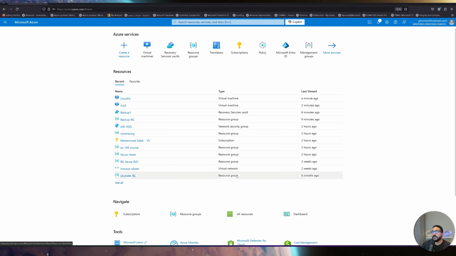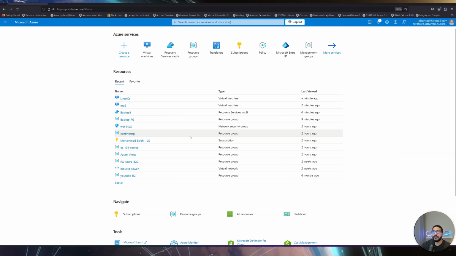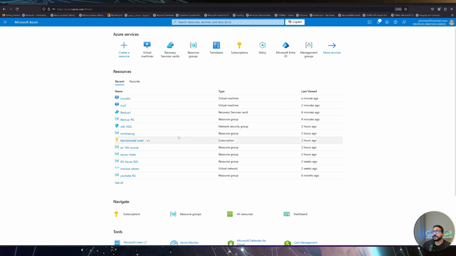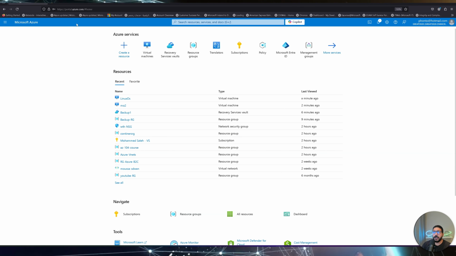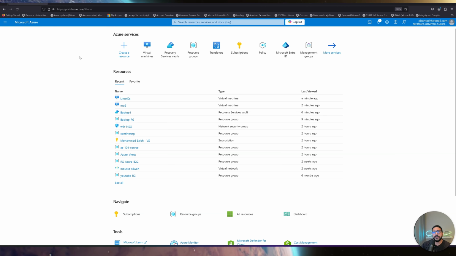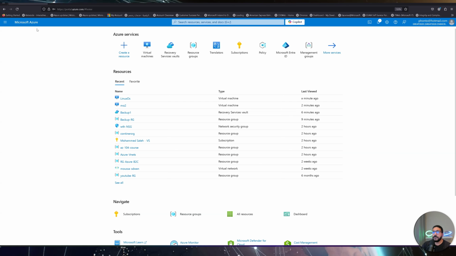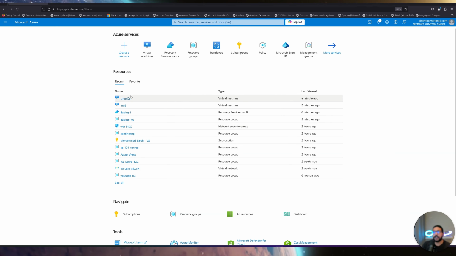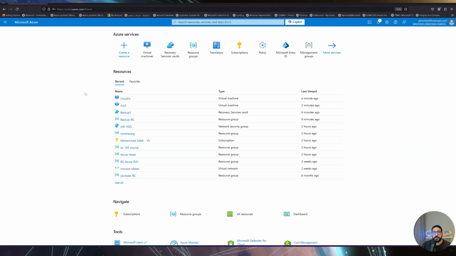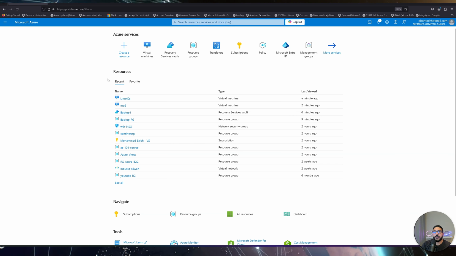All right, I'm in the Azure portal. If it's your first time seeing this, this is basically the graphical user interface where you can manage your Azure resources. You need to log into portal.azure.com and then sign in with your Hotmail account or even your Microsoft Entra account. In order to use Microsoft Recovery Services Vault, you basically just need an Azure subscription and